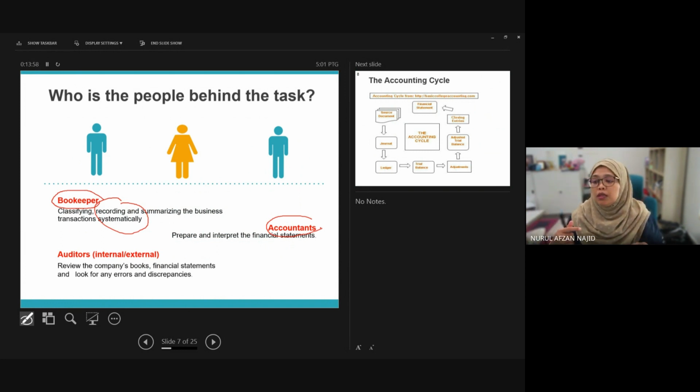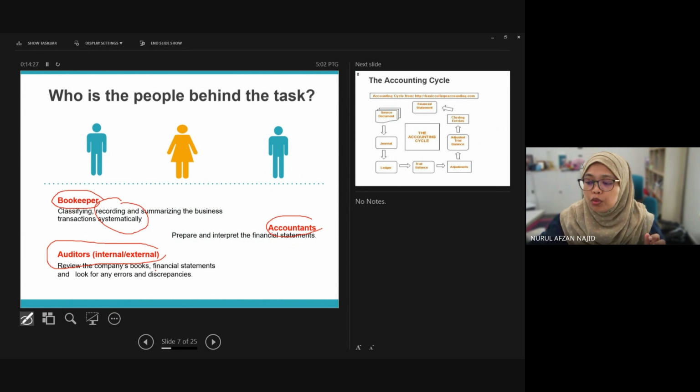Okay, so ada seorang lagi yang akan memastikan bahawa apa yang dibuat oleh bookkeeper and accountant ni betul, untuk memastikan betul dan tidak berlakunya penyalahgunaan ataupun misinterpretation ataupun fraud yang berlaku dekat dalam proses tersebut adalah auditor. So auditor ni datang untuk kita review